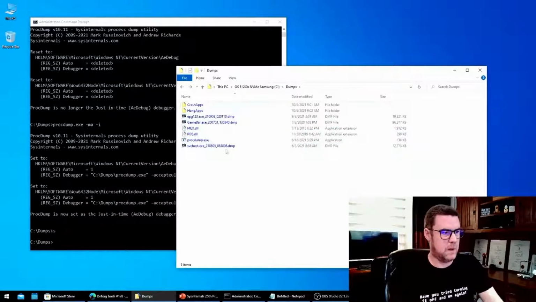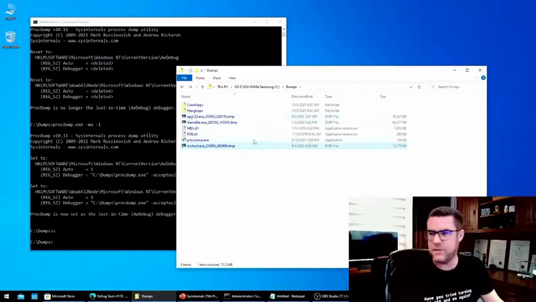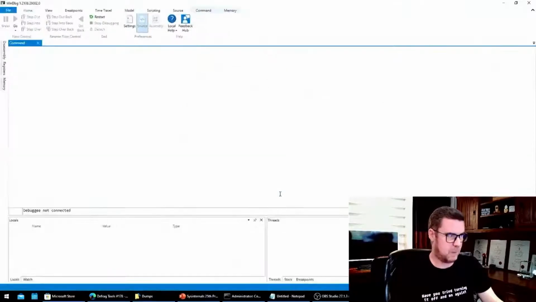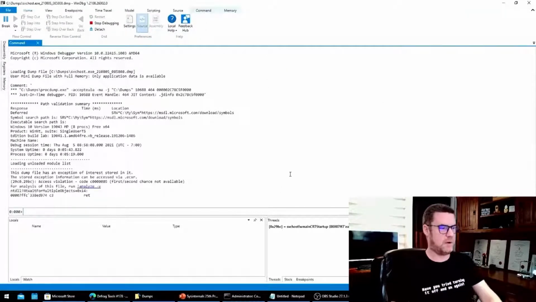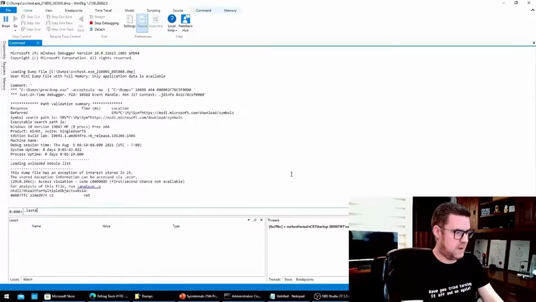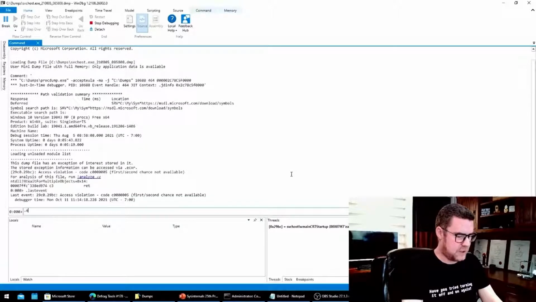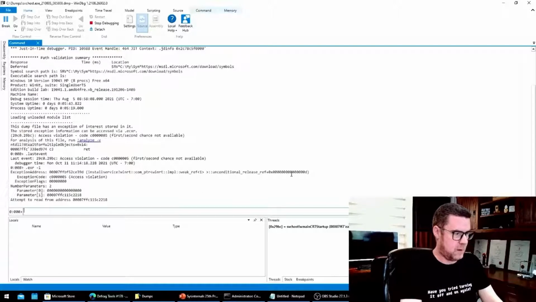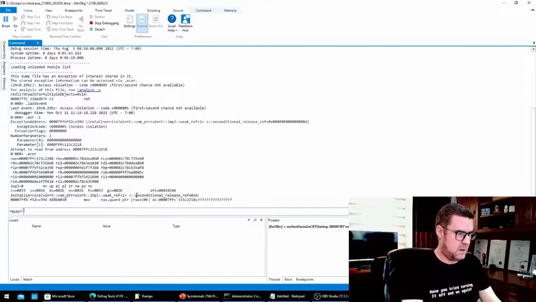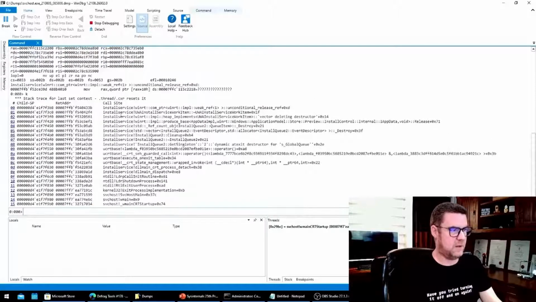These examples happened on my box, and I've kept them around. Last event, access violation, .exr -1, parameters. This time it's a read because it's a 0, and a different address. .ecxr, and then we can look at the code and see that there's a fault in the install service.